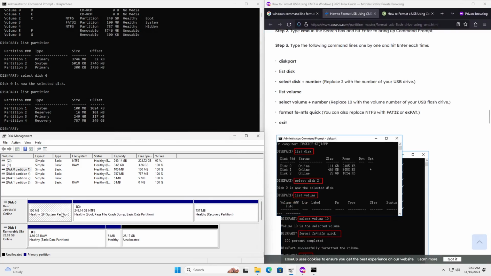And the sizes are 100 megabyte, 249 gigabytes, and 757 megabytes. So indeed, when we do select disk 0, this disk is selected, and when we do select disk 1, this is selected. So let's go select disk,